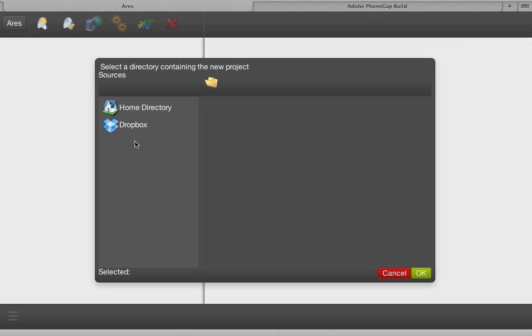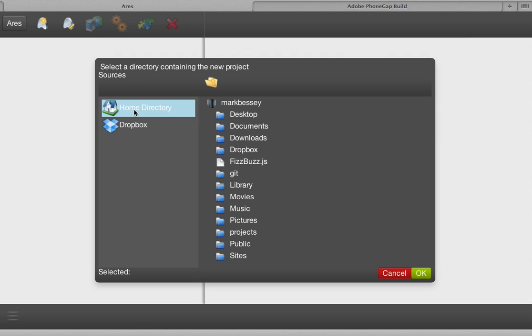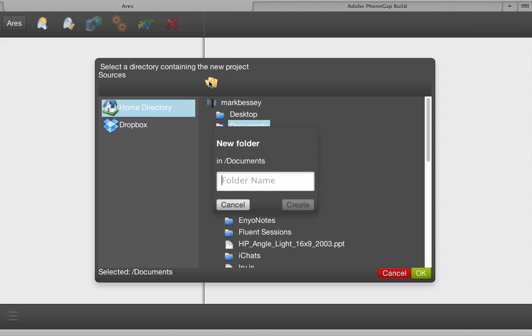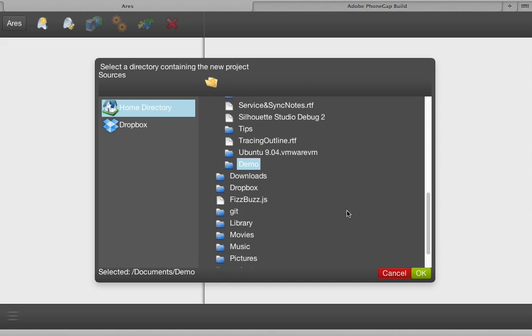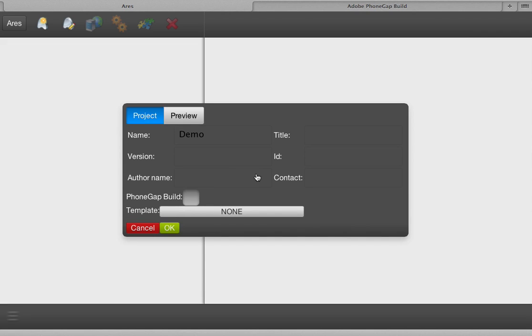So first step is to create a new project. You can see that there are the two service providers here, one for my local home directory and one for the Dropbox. So I'm going to click on home directory, go into my documents folder, and create a new folder for this demo that we're going to call demo. So it creates a folder, selects it, we say OK,